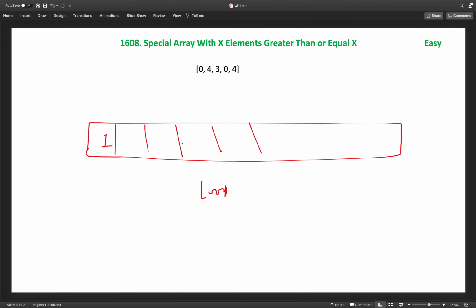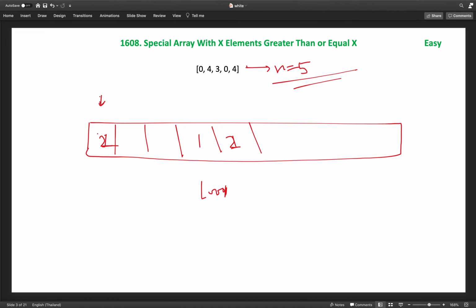So this is 1 2 3 4. We will put 1, then 3, we will put 1 again here, and 0 this will become 2, then 4 this will become 2. So this is the array after running this. Now what we will do: the total number of elements in our array is n, which is 5 right now. I will start again from index 1 here and check how many elements are greater than or equal to this guy.